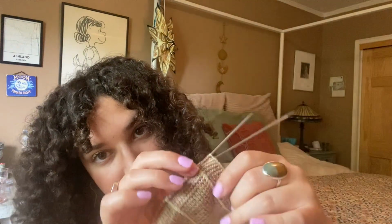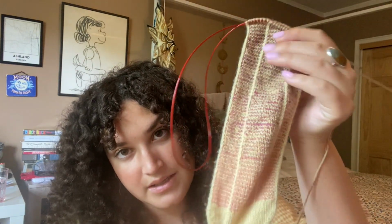hopefully it's obvious. This is the first sock, or the first foot. And so I'm working on the cuff right now. There's some slip stitches, it's stockinette, and it's pretty simple. I've only ever knit Andrea Mowry socks, which means I've also only ever knit toe-up socks. I've knit the DRK and the Bear Paw socks a few times, and this is my first time knitting the Curio sock. And so those other 2 ones are ribbed. This is actually my first stockinette sock, even though it's not fully stockinette, I guess, because you have these 2 rows of the slipped stitches, but